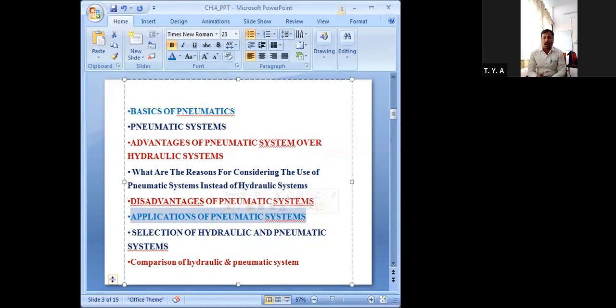However, of all the applications in all fields, I will tell you some industrial applications here. Which are the industrial applications where pneumatic systems are used? First is stamping, then drilling, punching, clamping, riveting, assembling, then hoisting, logic controlling, metal handling, then hammering. So these are some areas of industrial applications where pneumatic systems are used. Getting it?